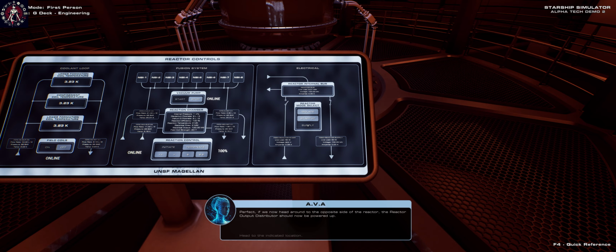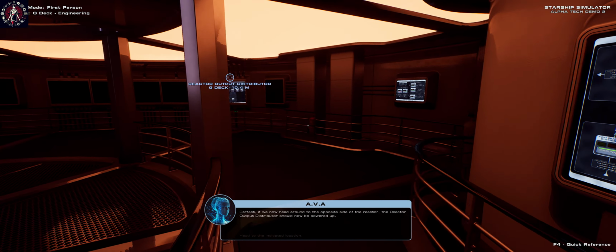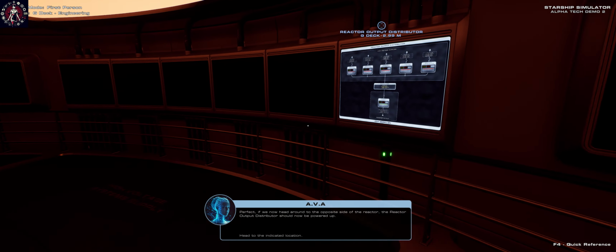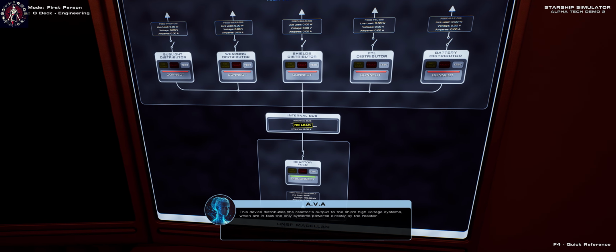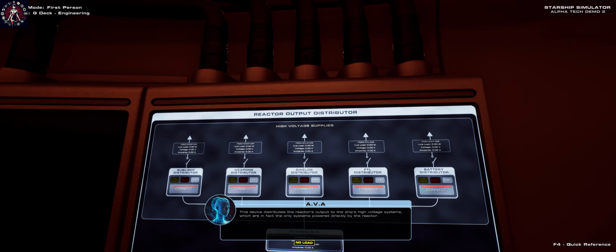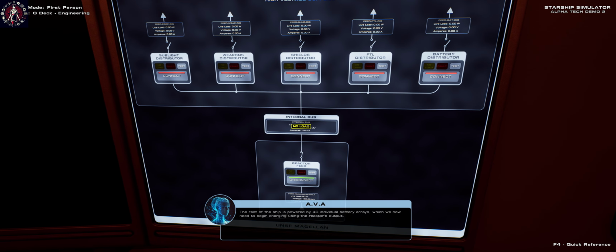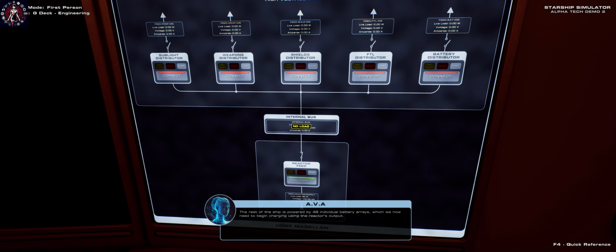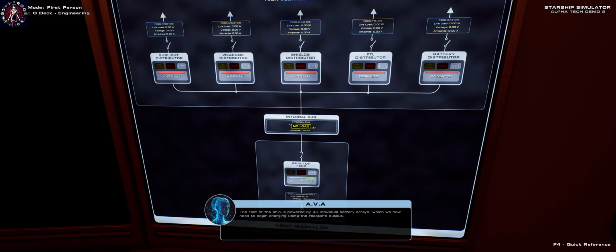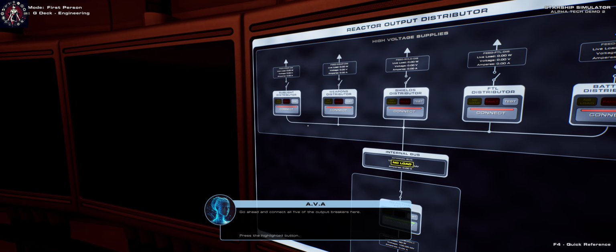Perfect. If we now head around to the opposite side of the reactor, the output distributor should now be powered up. This device distributes the reactor's output to the ship's high-voltage systems, which are in fact the only systems powered directly by the reactor. The rest of the ship is powered by 48 individual battery arrays, which we now need to begin charging using the reactor's output. Go ahead and connect all 5 of the